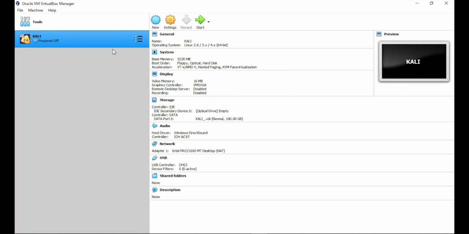Now start the Windows 11 machine. After hitting start, you can see here we got a start option for the Windows 11 ISO file. Hit start and wait until it boots up. Here you can see that we got a Windows icon. After the loading screen goes off, you can see that we have the Windows installation window. So hit Next and hit Install now.